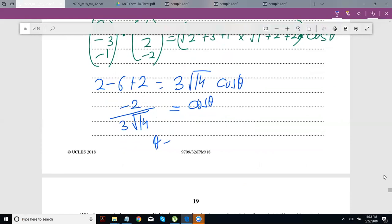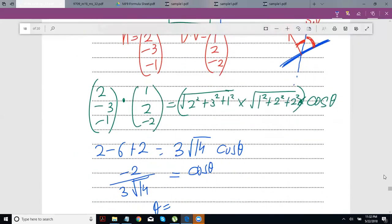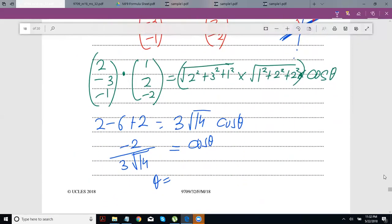You take the inverse, you find theta, and now because it's minus, it will probably be coming into a value that is greater than, let's say, 90 degrees. Do they want this in degrees? Do they want this in radians? Well, they haven't specified, which is why I'll just go ahead with my calculator in degrees, because I find degrees a little easier to work with. Basically, more people are used to that type of stuff. Okay, minus 2 over 3 root 14. So if I take cos inverse here, I'll be getting